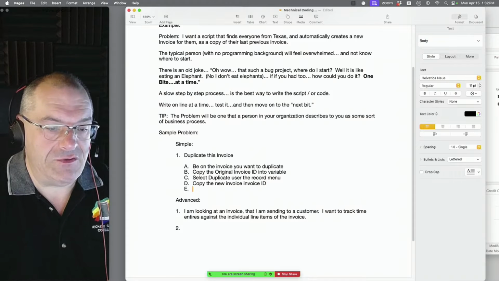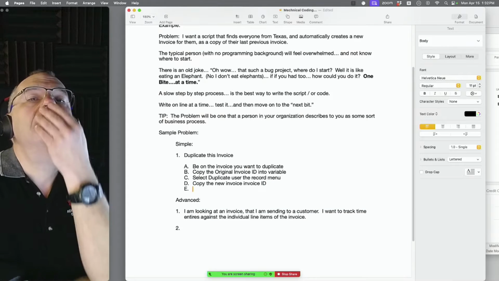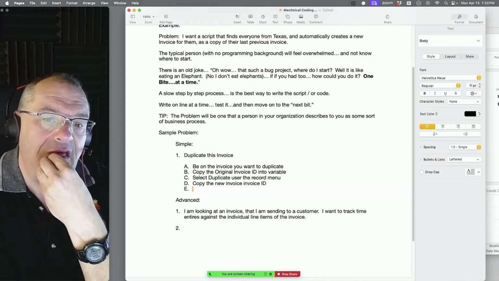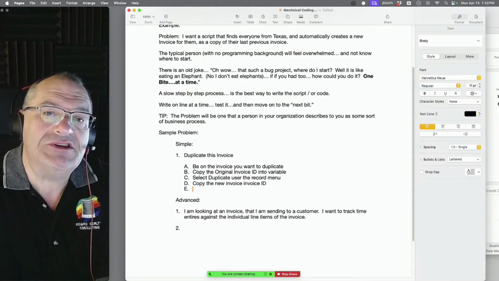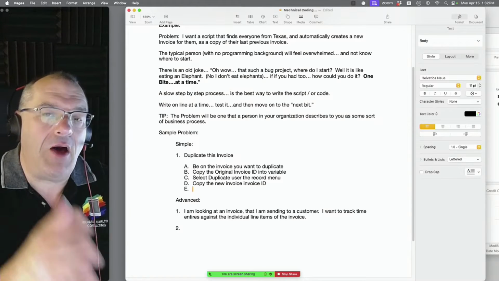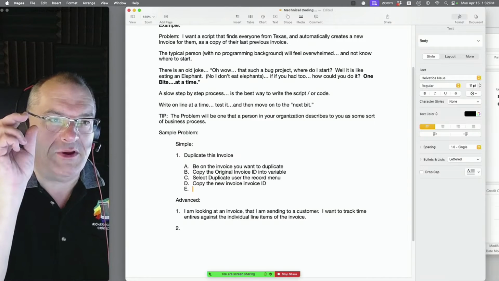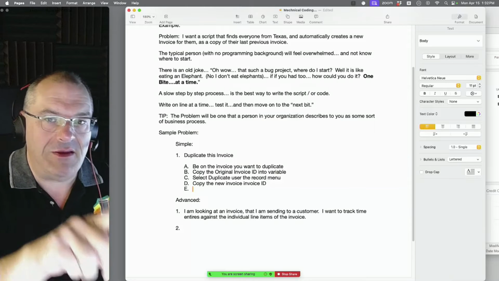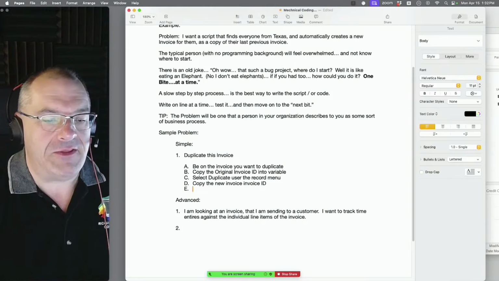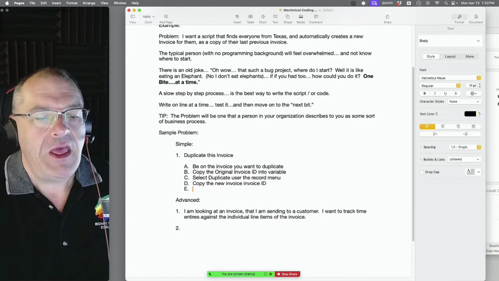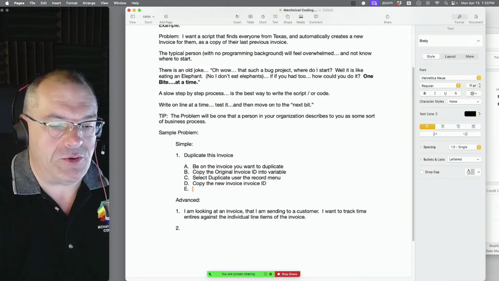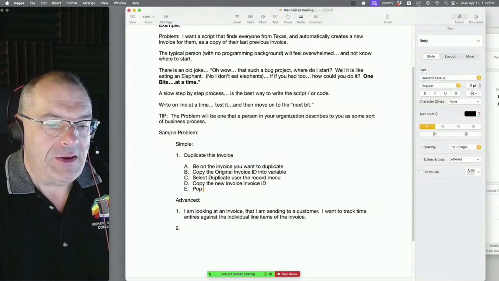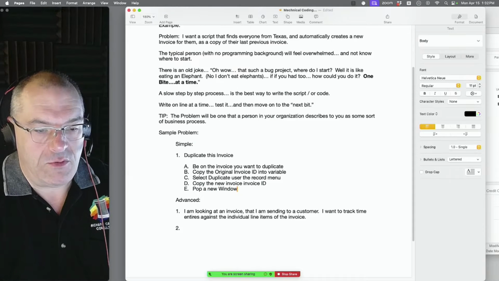Now the next step is, there's 2 ways of doing this. We did this the other day. The other way of doing it, and we're going to actually code and do this here momentarily, but I'm helping you write this down because you'll see what we verbally did, then it comes to here, and then I have an idea on that too, how to keep it simple, how to target those records. So copy new invoice ID, then we say pop a new window.